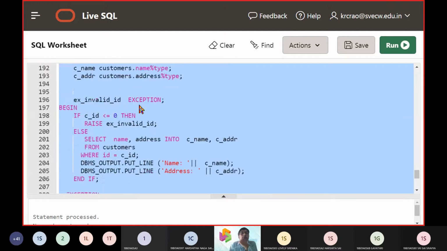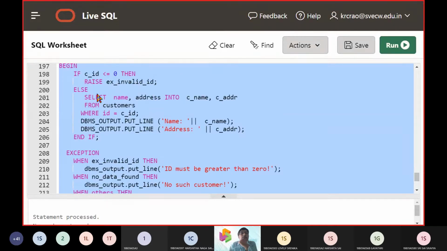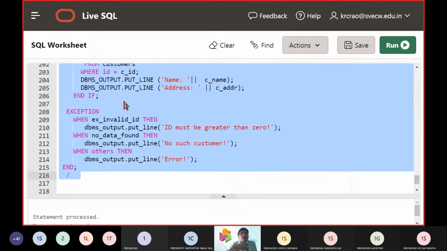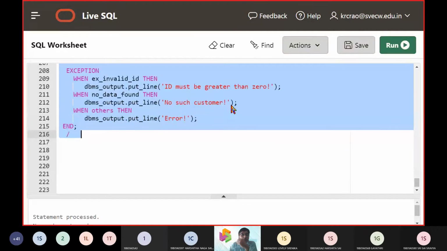Then we are taking up our own user defined exception invalid ID. Then we take up the procedure body. We are using the if condition. If it is less than 0, we raise an exception. Otherwise, if it is in the range, the 4 records, we print the records. And if it is improper, then we say no such customer exists.